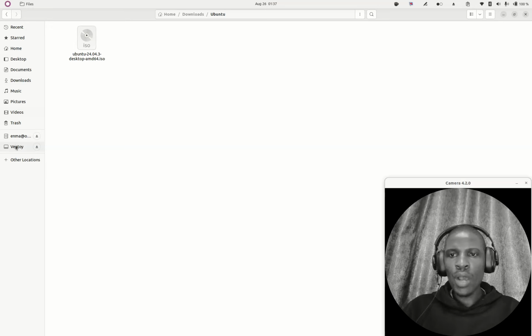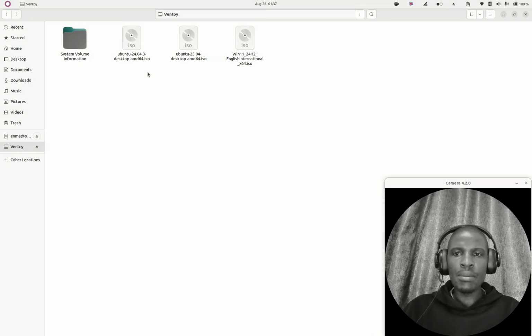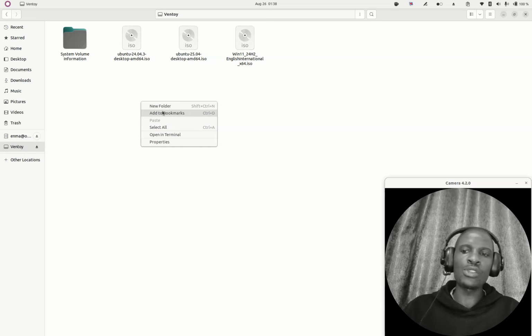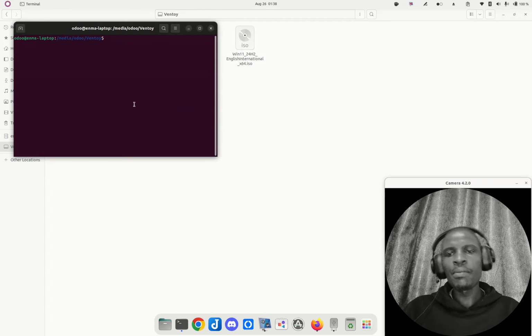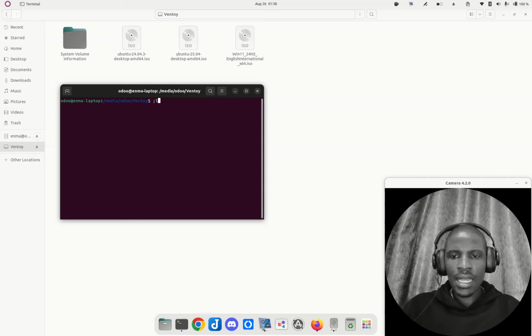Now I do have my ISO files already in my flash disk here, which is the next step. After you've downloaded, you need to put your ISO files in your flash disk, and I've already done that here, but you need to prepare it using Ventoy. We'll cover that in a different video. But once we've opened the terminal now here, where we have our Ubuntu again, ls on the terminal,